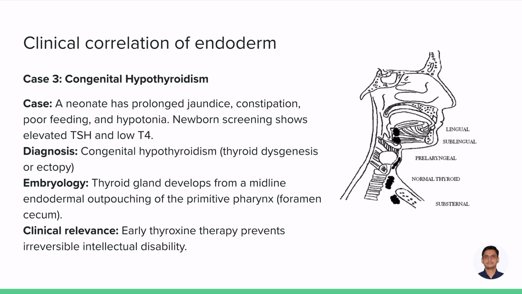Now come to case number 3, congenital hypothyroidism. A neonate has prolonged jaundice, constipation, poor feeding, and hypotonia. Newborn screening shows elevated TSH levels and low T4 levels. A diagnosis of congenital hypothyroidism was made, and embryologically, the thyroid develops from an endodermal structure,